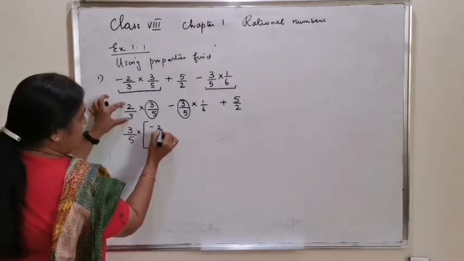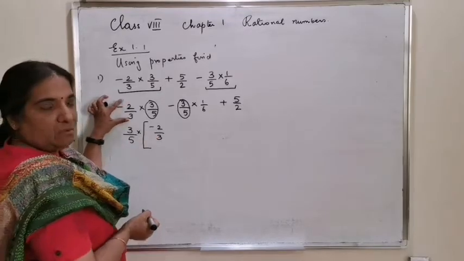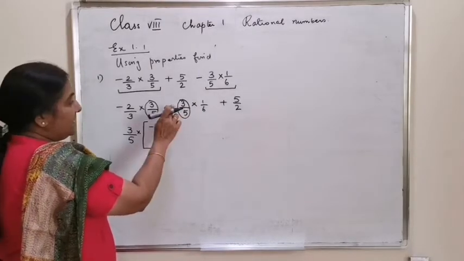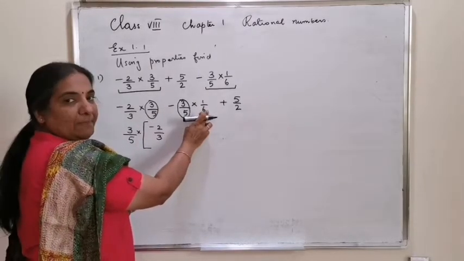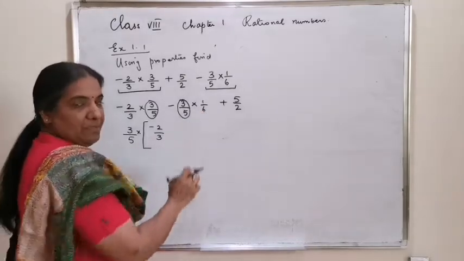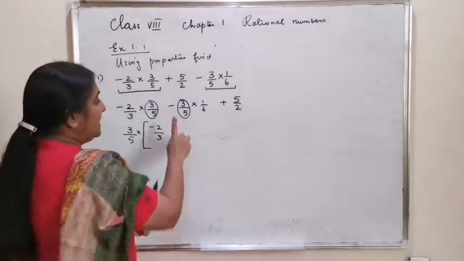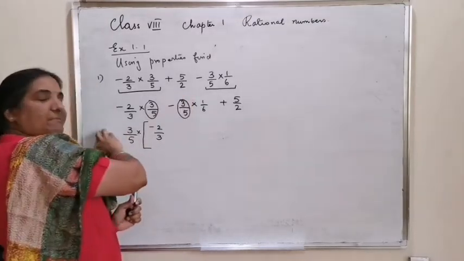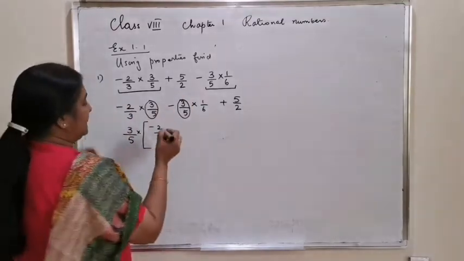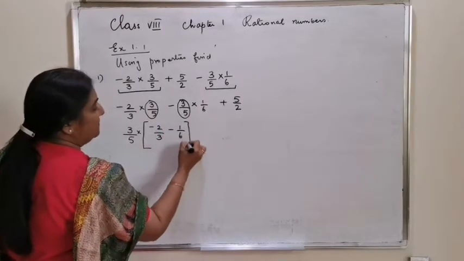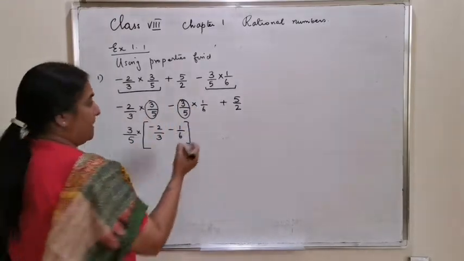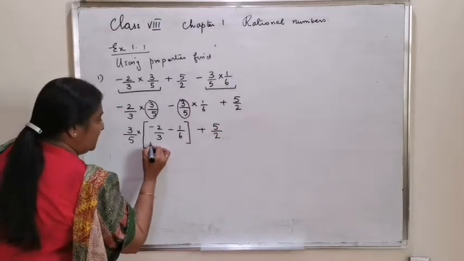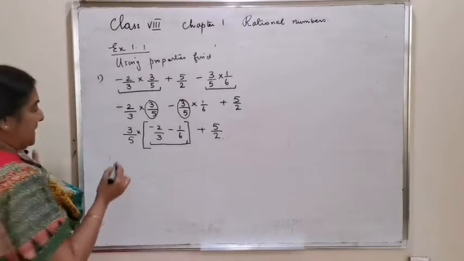With the sign minus 2 by 3, and now when you took out positive 3 by 5 here, this negative sign will be grouped with 1 by 6, because multiplication with negative with positive is a negative number. You have taken positive 3 by 5, which shows that this 1 by 6 will have that sign here, plus 5 by 2. You can get an answer for the brackets.